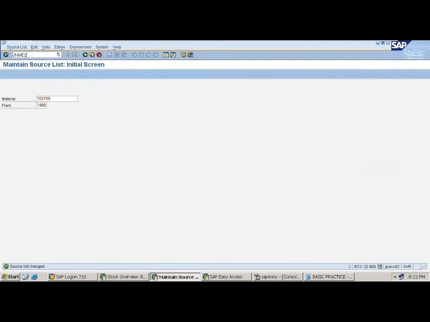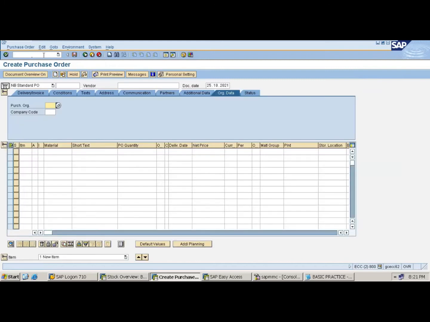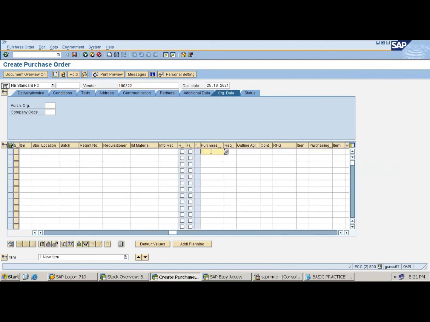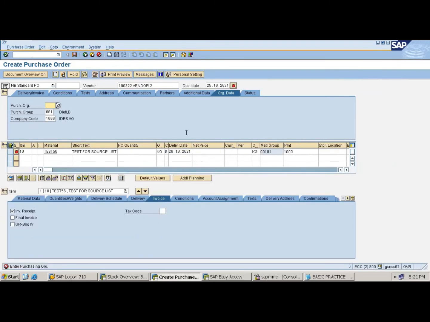Slash ME21N, vendor 322, PR document number 73, enter. Quantity I can take 10, net price 10, purchasing organization 1000, enter. Currency I can just take INR. Perfect. See, the system allowed creating the PO.